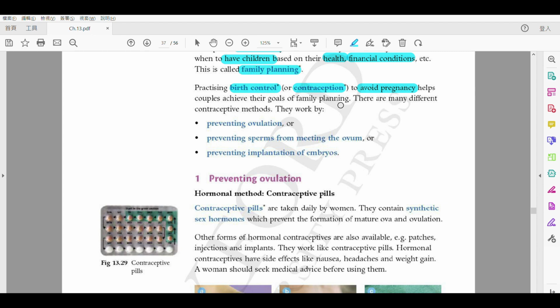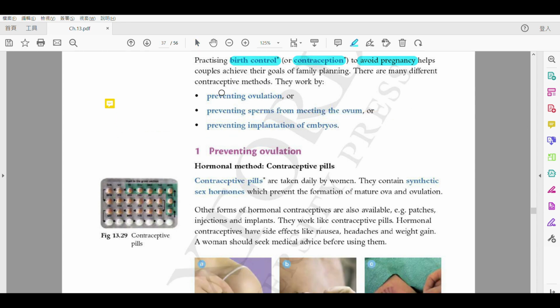OK? So some couples may not be wanting children at all. Some of them may be like, I don't want children this year because I already have one daughter. OK? 可能佢已經有一個 and she wants to wait like 1 to 2 more years to have another child. Alright? So there are lots of reasons. OK? But when we talk about birth control, there are 3 approaches. 我哋會講到3個 approaches 嘅。approaches 即係代表方向。Alright? 方向3個方向啦。Okay, so let's get started.